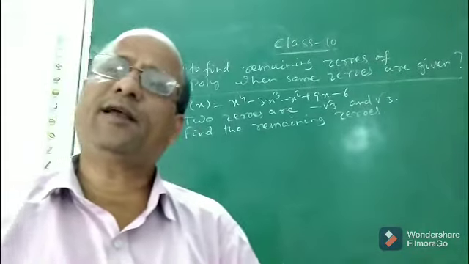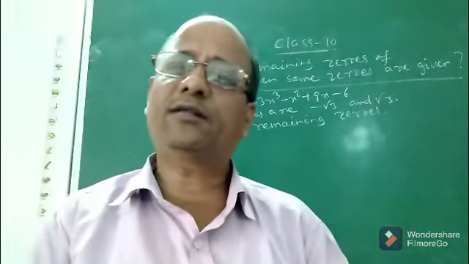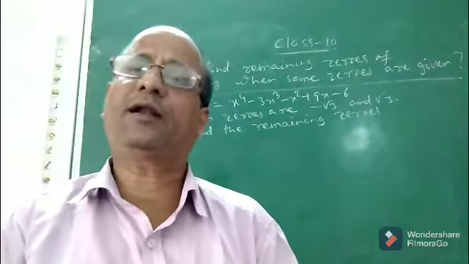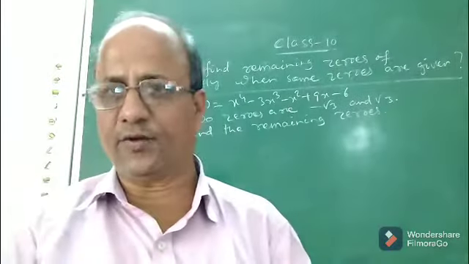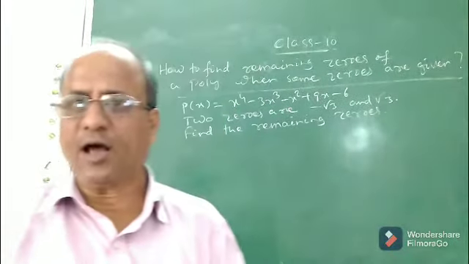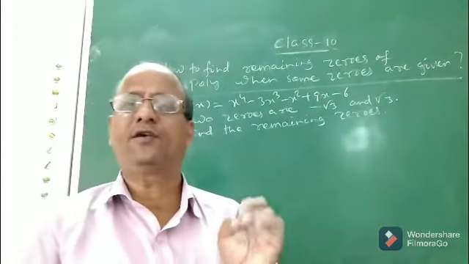Children, in the previous class, what was I discussing? I was discussing how to find the quadratic polynomial when its sum of zeros and product of zeros are given. This was our last discussion, okay? Now, I had also told in that class, the last part of this chapter, that suppose you are given